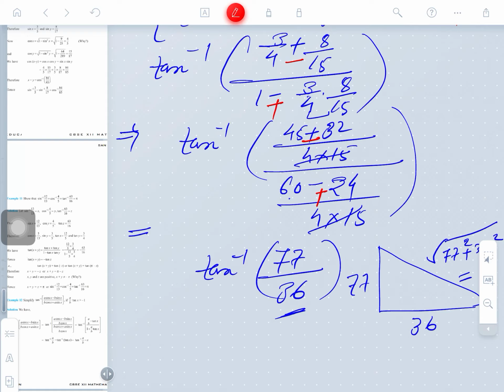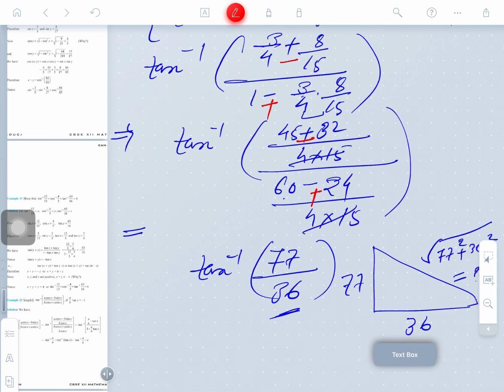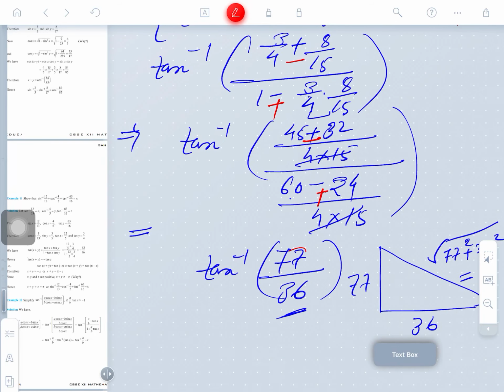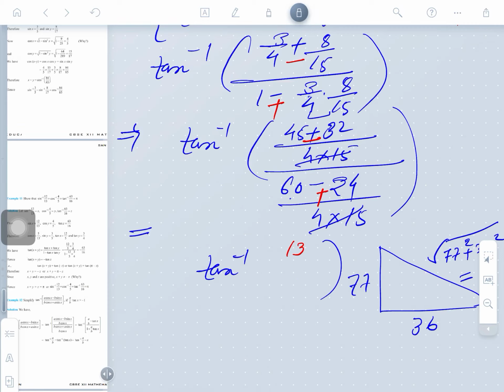So what is the minus here? 45 minus 32, what will come here? Tell please. 45 minus 32, 15 will come here. No, 13 will come here. Yes, 13 will come here, so this 13 is to be written here. And here plus: plus gives 84 will come here. Obviously 84 will come here.